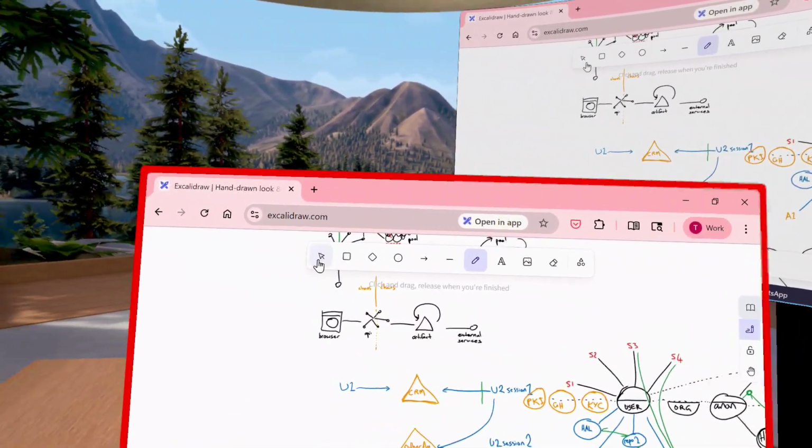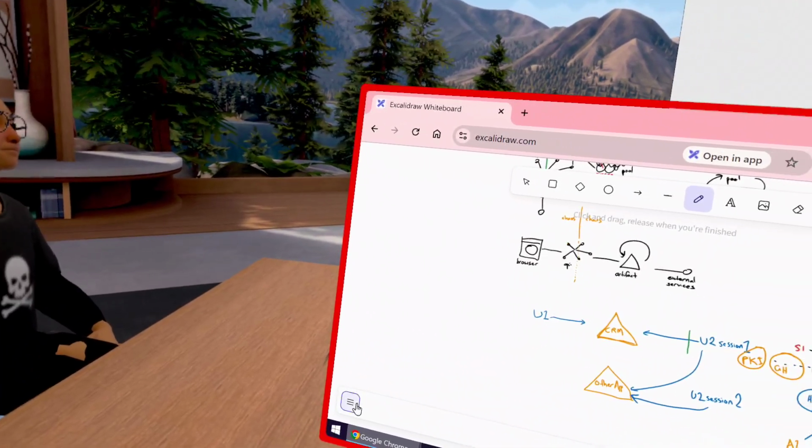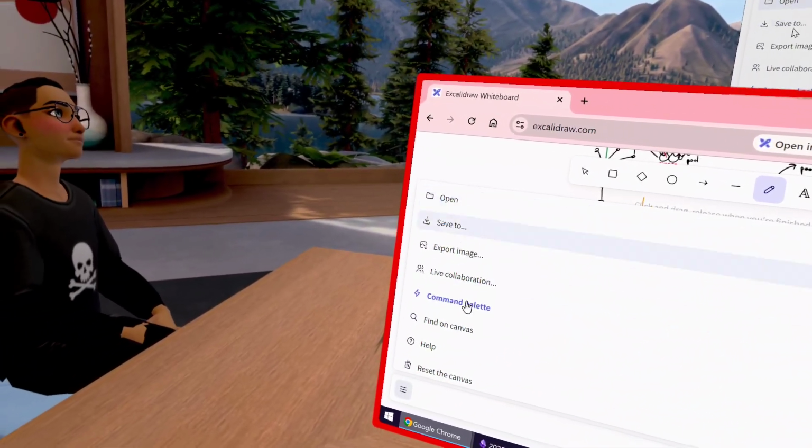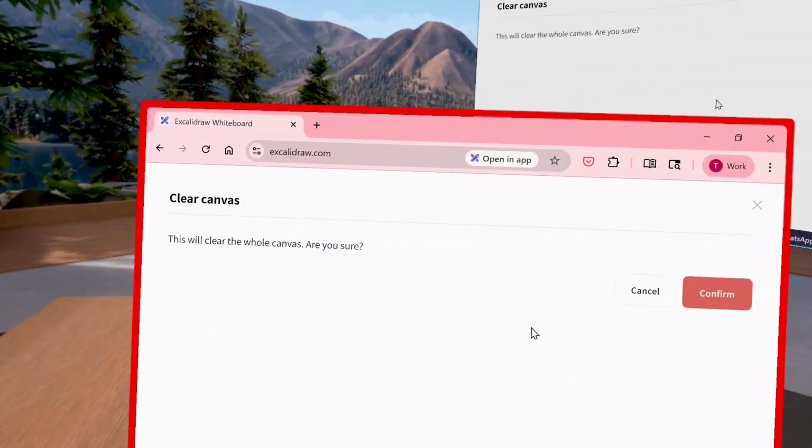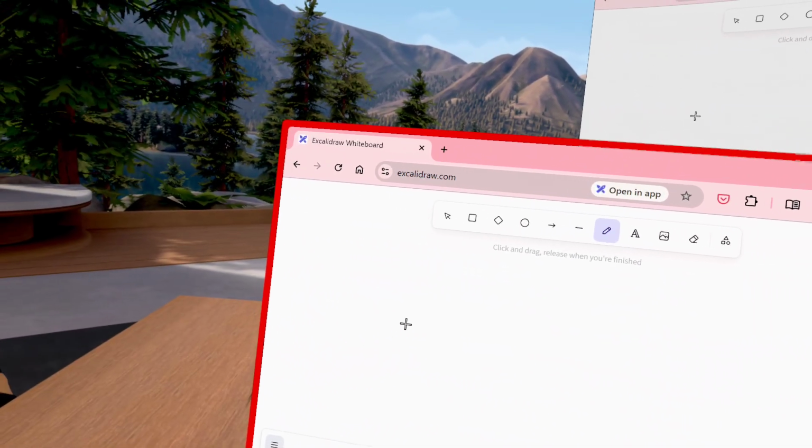Ooh. It's a bit of a blast from the past, isn't it? Reset the canvas. I am sure. Now,